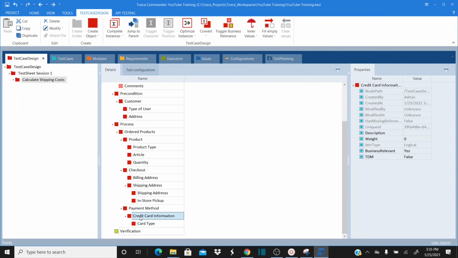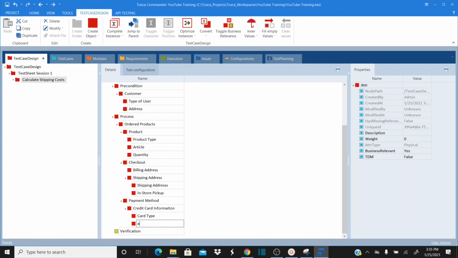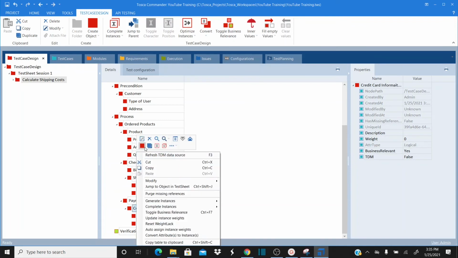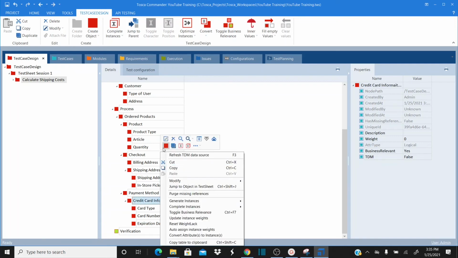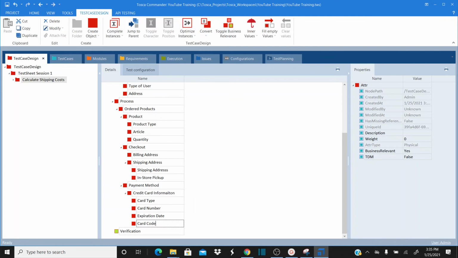Okay, and then you will have card number, and then your expiry date, and another attribute, expiration date. Because let's say you have multiple types of cards, then you are going to specify expiration date for different cards. Okay, and what about another one, card code? Card code. So these are all my attributes under